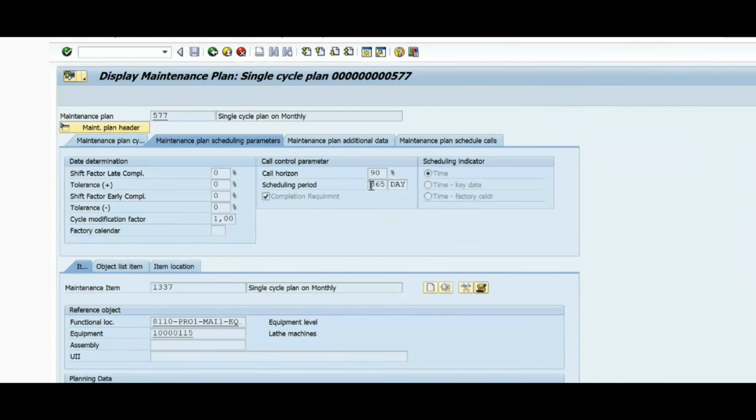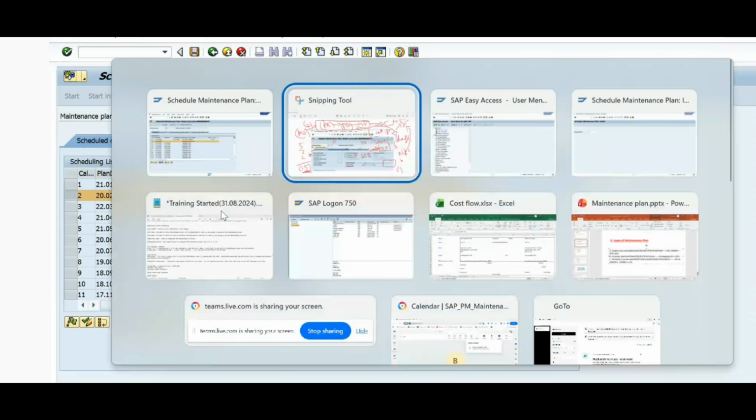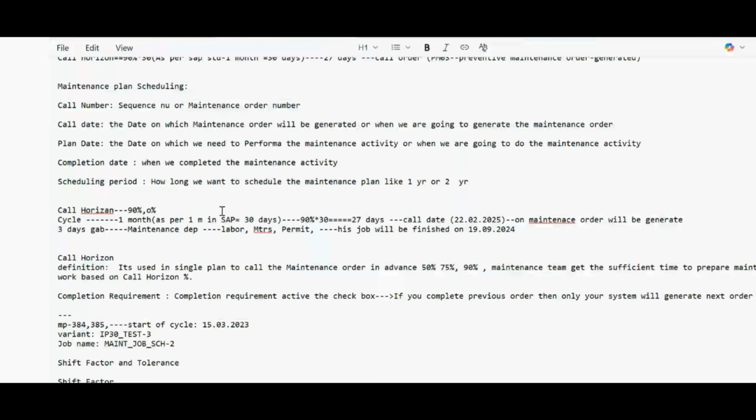ओके, सो कॉल ओरिजिन मतलब क्या है, शेड्यूलिंग पीरियड मतलब क्या है, कंप्लीशन रिक्वायरमेंट का मतलब क्या है, स्टार्ट ऑफ साइकिल मतलब क्या है, और बैक आ जाओ IP10 में, कॉल डेट क्या है, प्लान डेट कब है, कंप्लीशन डेट मतलब क्या है, ये पूरा वेरी वेरी इंपॉर्टेंट इन द इंटरव्यू लेवल। डेफिनेटली दे विल आस्क विथ डिफरेंट सिनारियो।